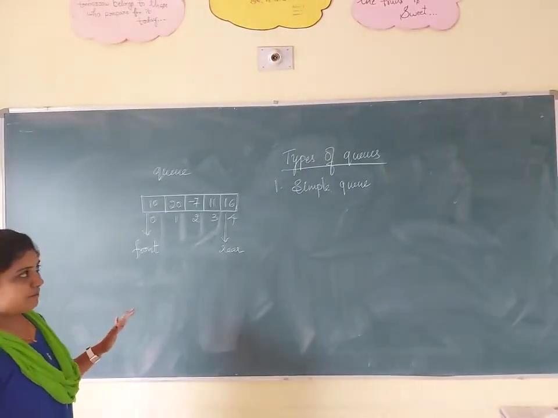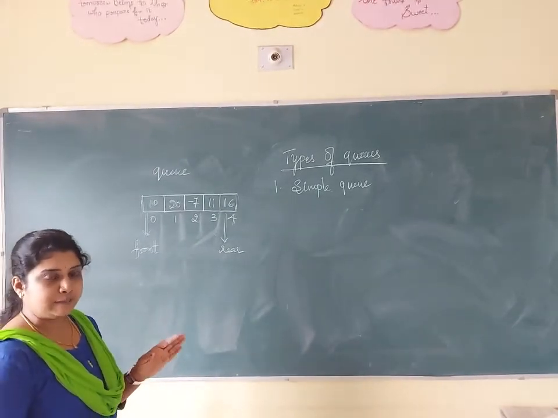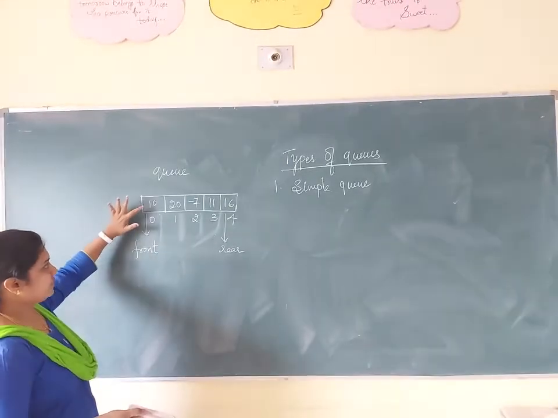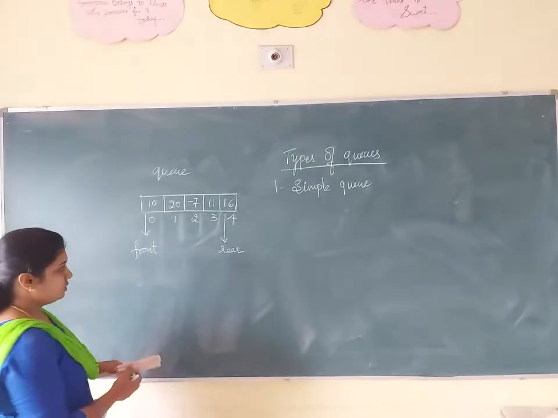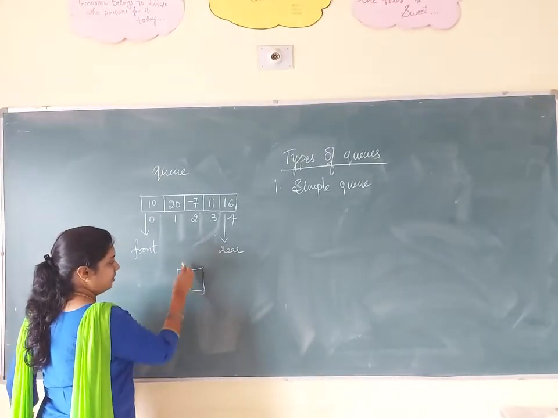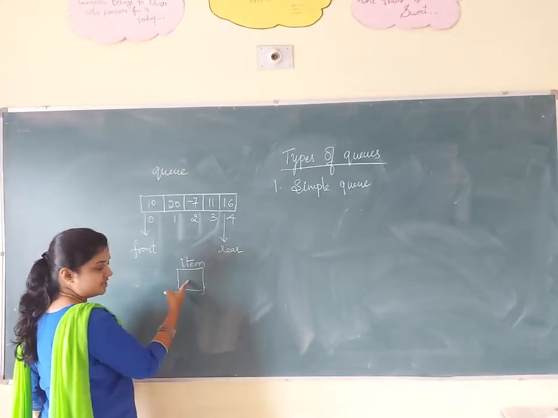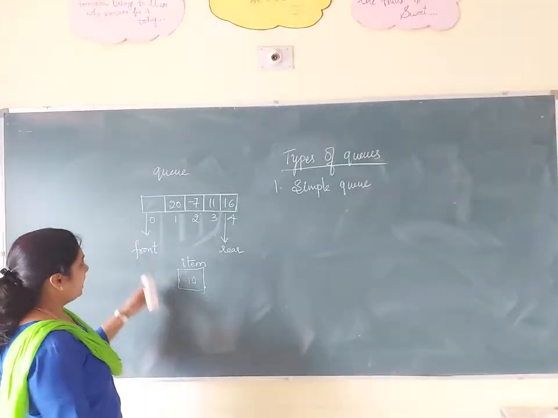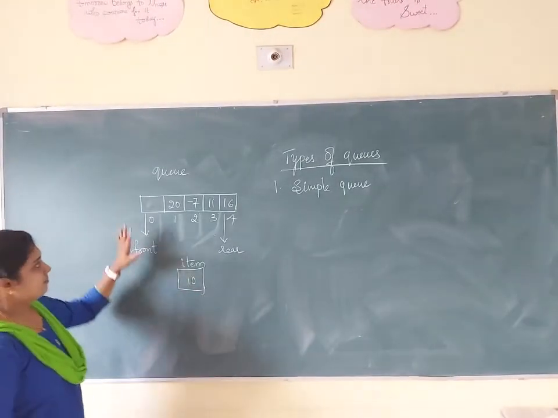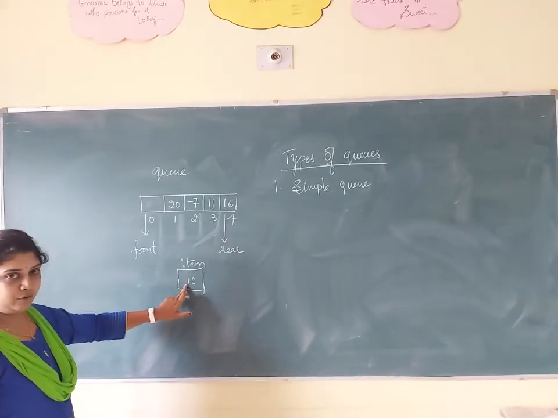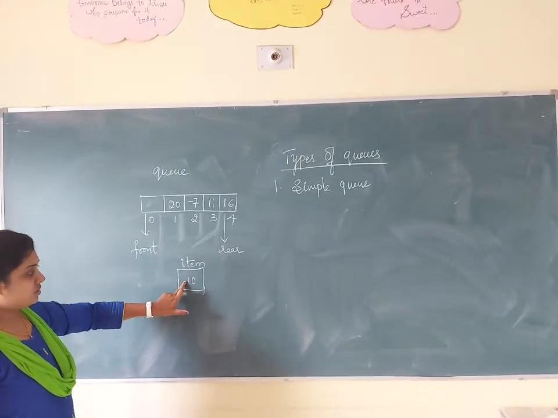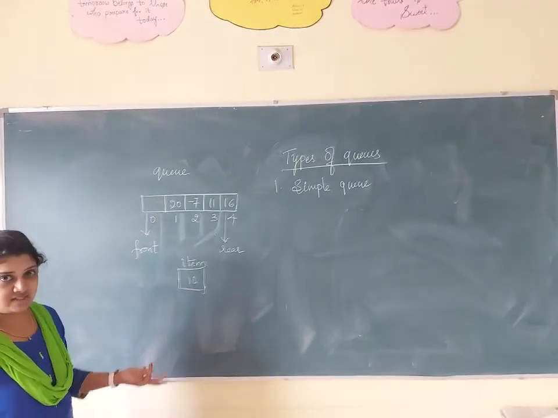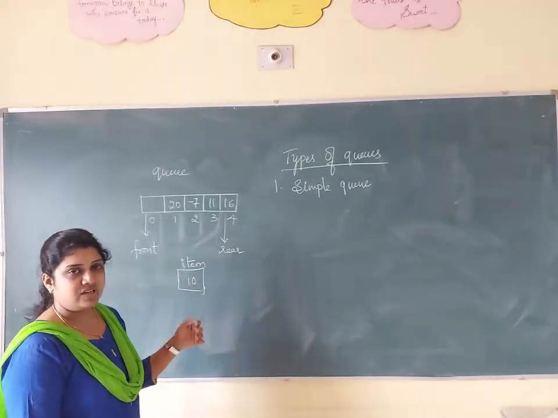So what is the drawback of the simple queue? Here, I want to delete the item 10. You cannot do it directly. You take one temporary variable, named item. You take this 10, store it there for temporary purposes, and increment front. I have deleted 10, so here the space will become empty, or this space will be wasted or some garbage value will come and be stored.